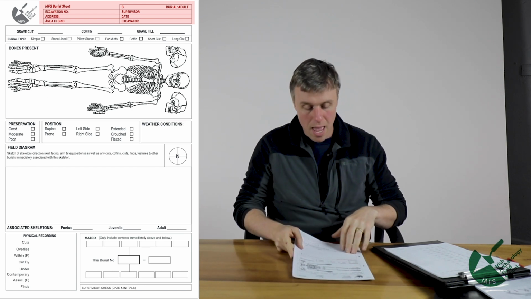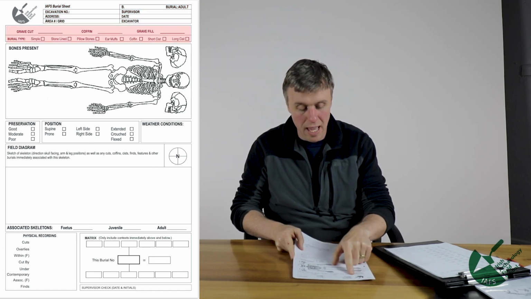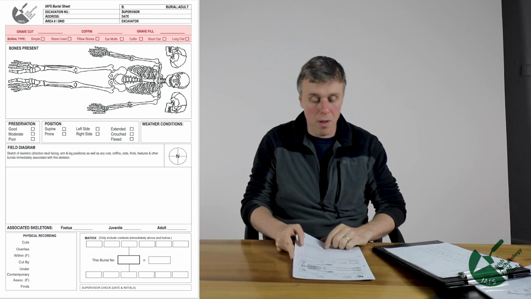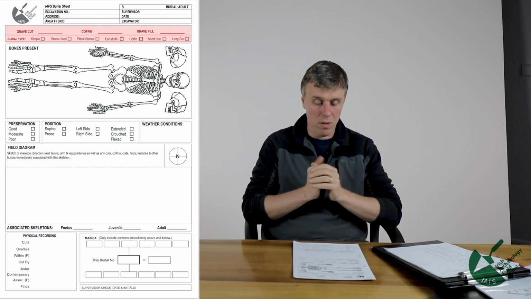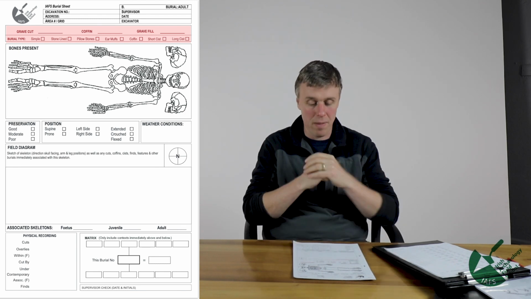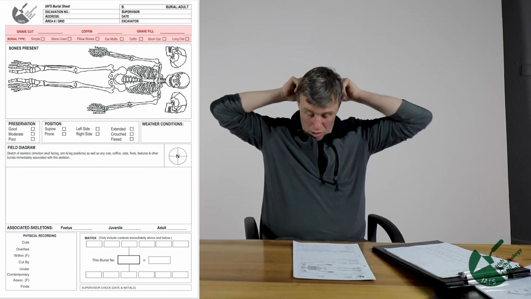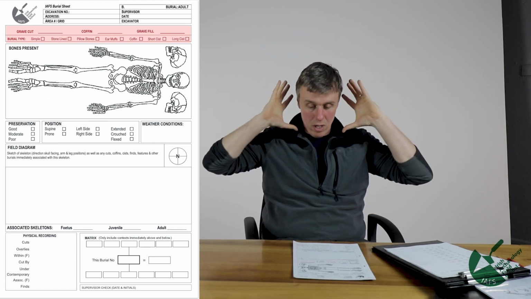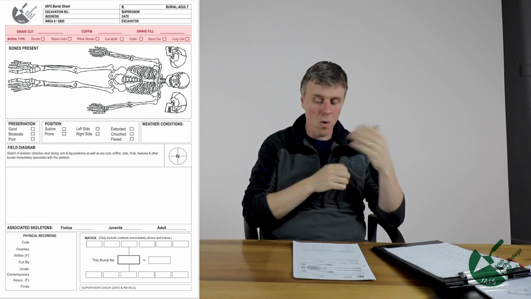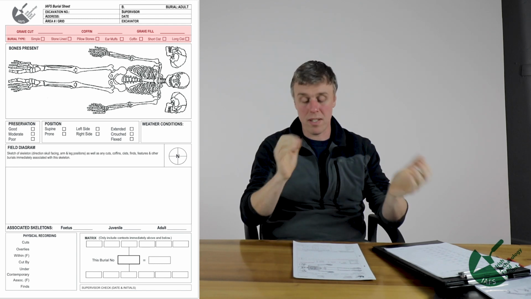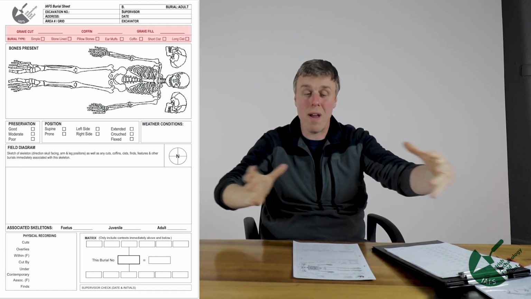Okay? Then it's asked for the simple numbers of different elements like the grave cut, the coffin and the grave fill, what those numbers are, and the burial type. Is it simple? So it's the second row down in the second category. Is it simple? Is it stone lined? Are there pillow stones? So a stone put behind the skull, earmuffs, stones put here. Was the burial interred in a coffin? Was it in a cyst? And if it was in a cyst, was it short or long? By cyst we mean obviously a stone surround. Okay.